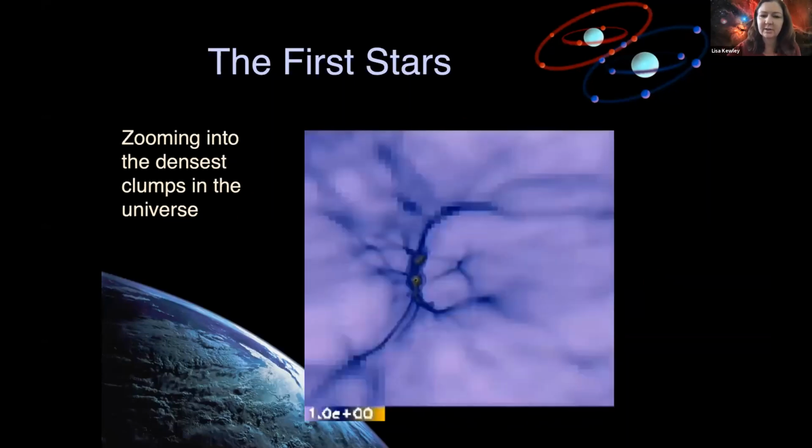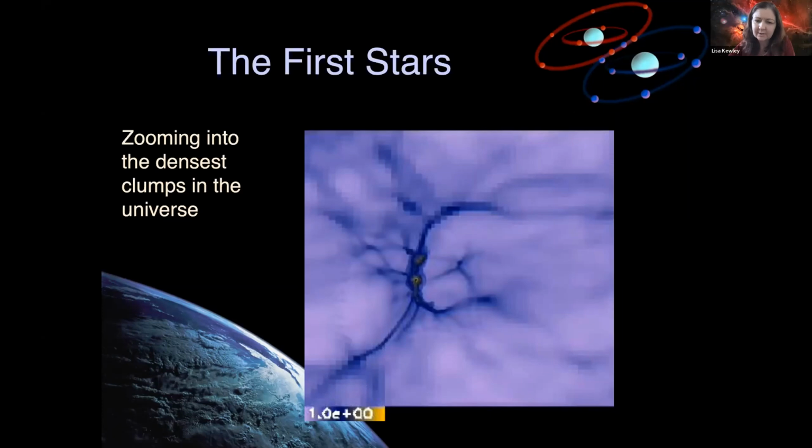And I'm going to show you a simulation of what we think the early universe looked like based on big supercomputer simulations that are done here in Australia. And the universe, first, you couldn't see through it. Basically, the hydrogen and the helium atoms would have absorbed any light that was emitted.